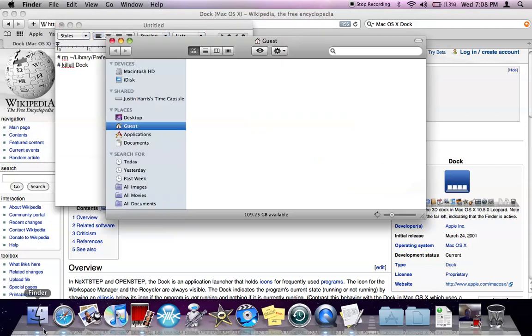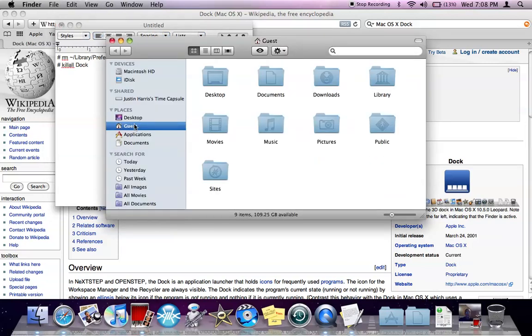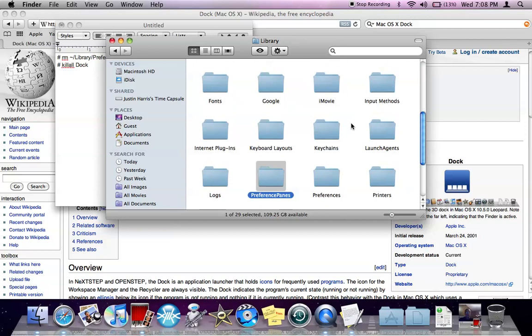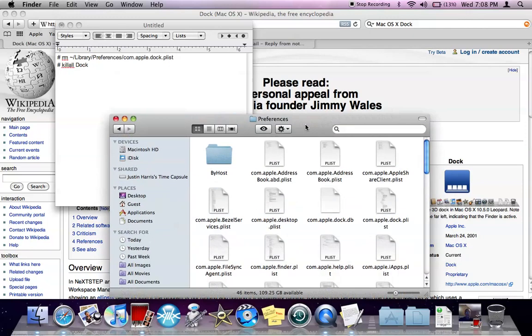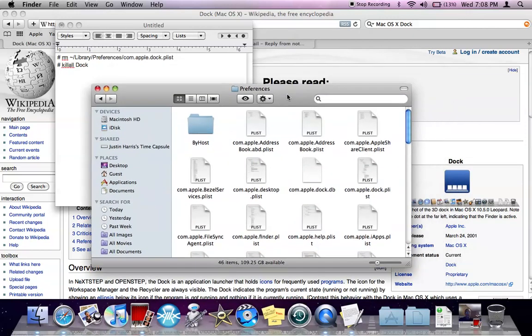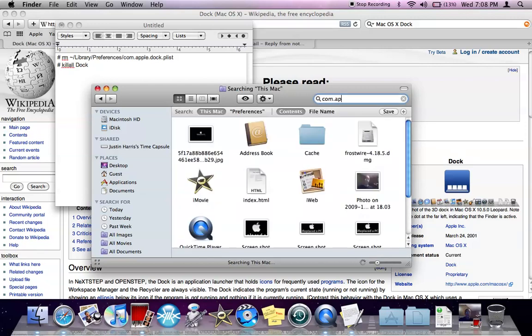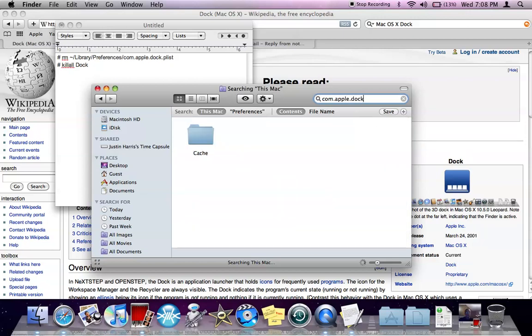So basically you're going to go to Finder, and you're going to be on your own profile right here, and then you'll go to Library, then you go to Preferences, you press P to find the P's, and you'll click Preferences, and then you have all this com.apple blah blah blah. So what you want to do is type in Spotlight com.apple.dock.plist. And once you do that, you might want to select Preferences so it knows to only search in that